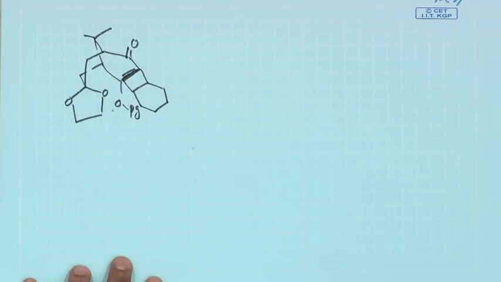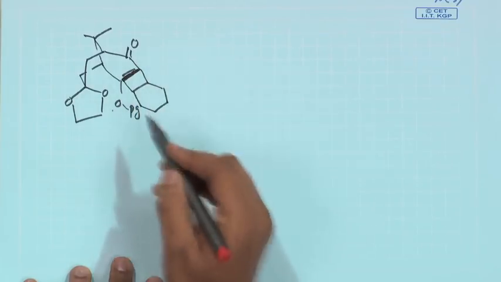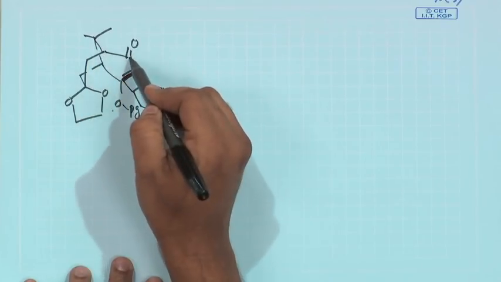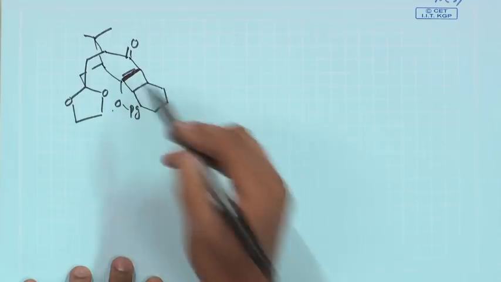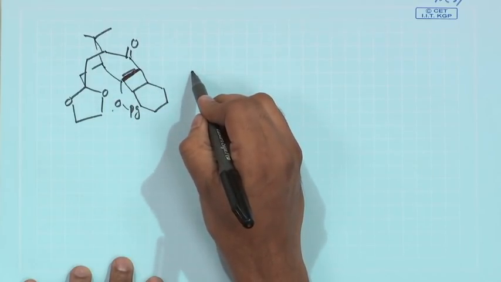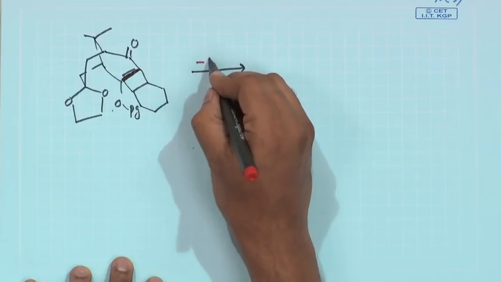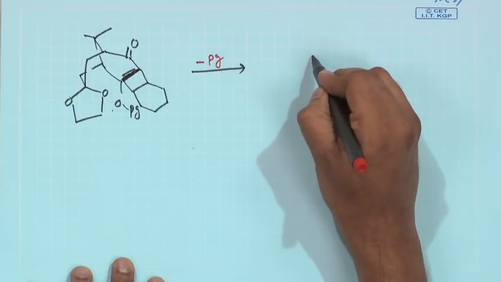Okay. So, now you make this particular connection. Now you see this is 1, 2, 3, 4, 5, 6, and this is the 4 member ring. So, now what you do, you remove the protection group. If you remove the protection group now,